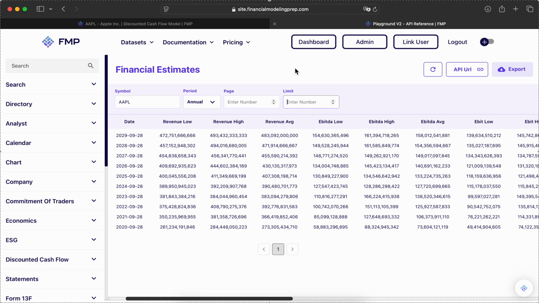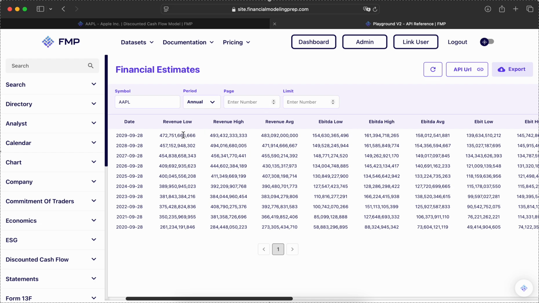First, register with FMP. I will put the link to the registration page where you can register. You can choose your package to use the Financial Modeling Prep endpoints, and then you can follow the link. I will also put the link in the description to this Playground page where you can test different API endpoints. And once you're on this page, it's called Financial Estimates. Simply put the stock symbol over here, choose the period. I'm choosing the annual for this video. And then you can see